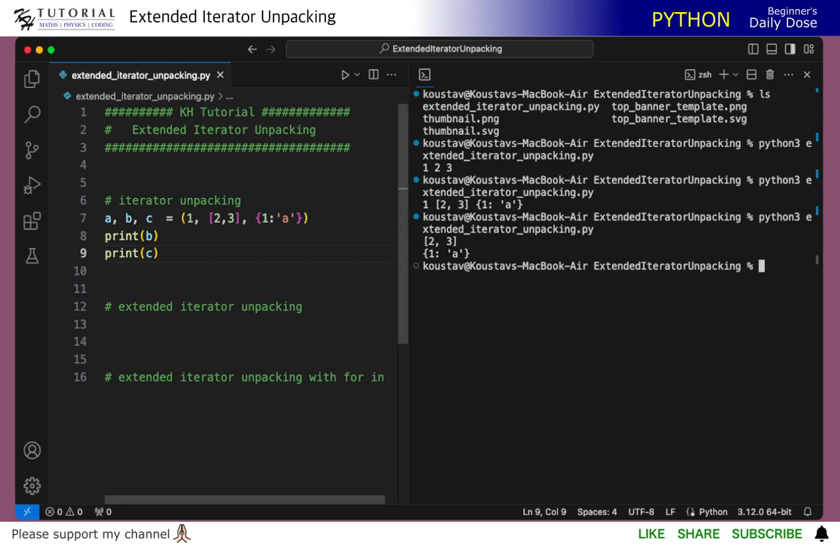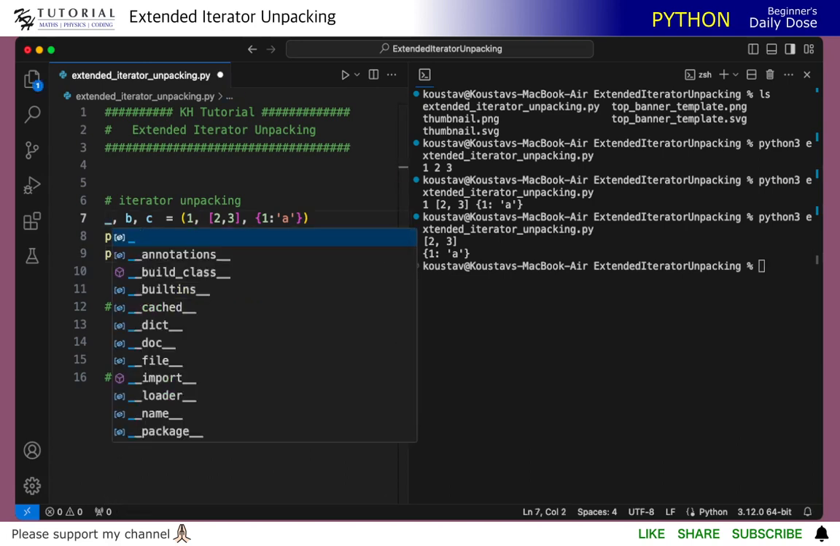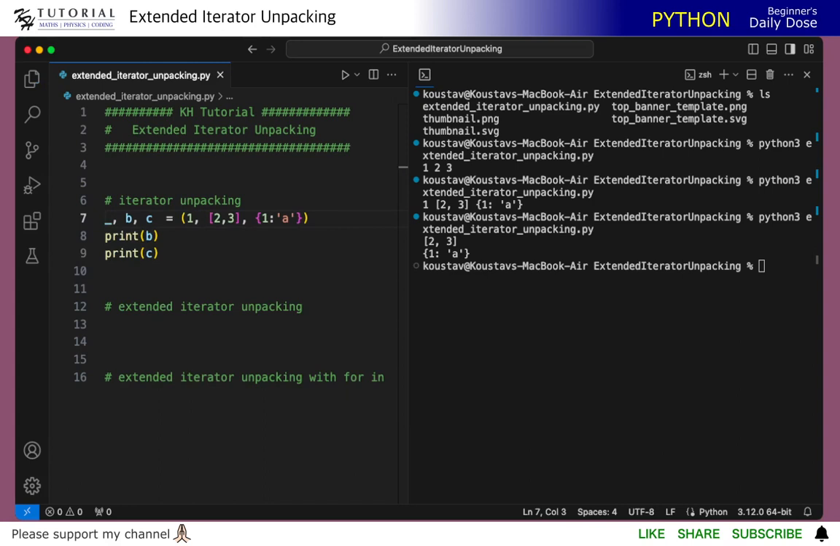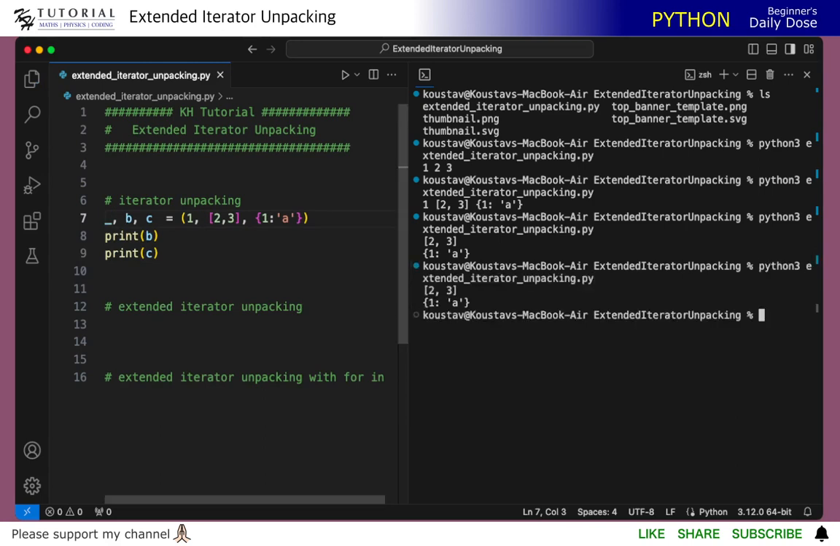Now if you want to ignore some values, you can do that by specifying underscore. Let's say I want to ignore the first element. I can do this, so it will ignore the first element. If I run this, we will still have 2 comma 3 and the dictionary. Similarly, let's say I want to extract